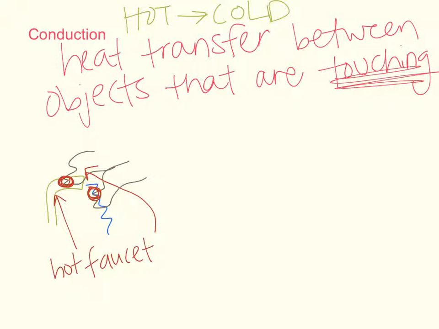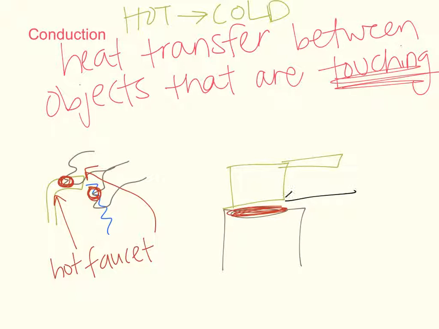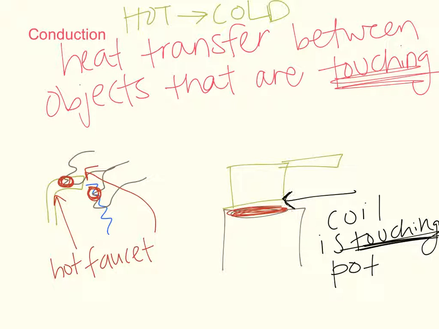Okay, the example I gave in class was with a stove, and say we have the burner turned on, and my mom just got me a really fancy pot set for Christmas, and it is touching right here. The coil is touching the pot right there. So the pot is going to get warm. Okay, other examples would be,